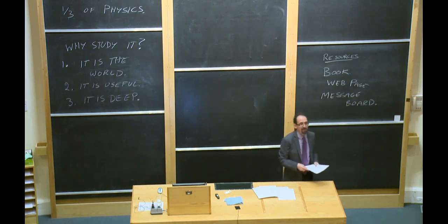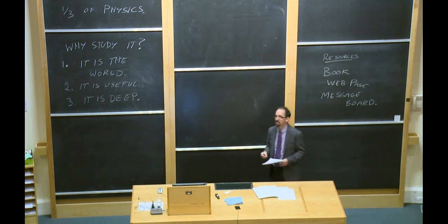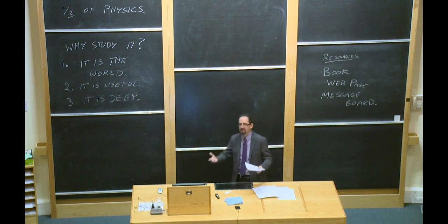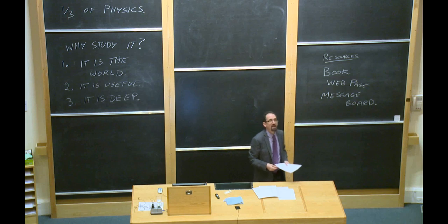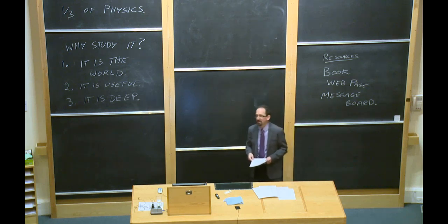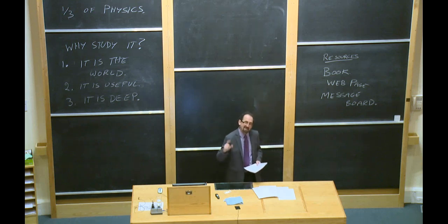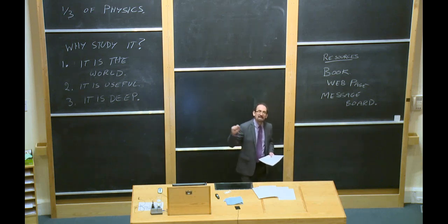Everyone has probably heard of the Higgs boson. Professor Higgs won his Nobel Prize just a few months ago for prediction of this subatomic particle, which was then discovered at CERN many years later. Where did he get the idea for the Higgs boson? Well, if you read paragraph 1 of his Nobel Prize-winning paper, it says very explicitly, I got this idea from